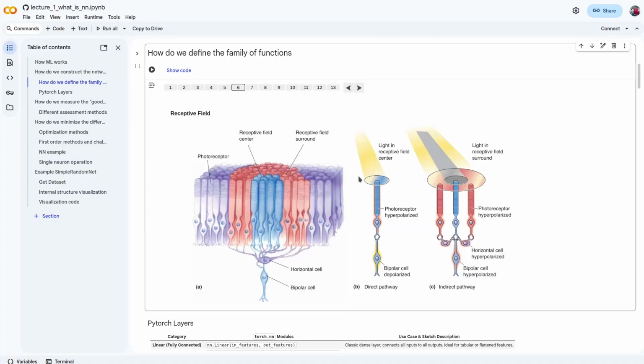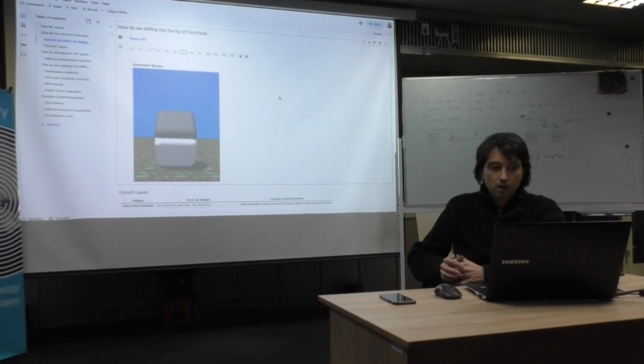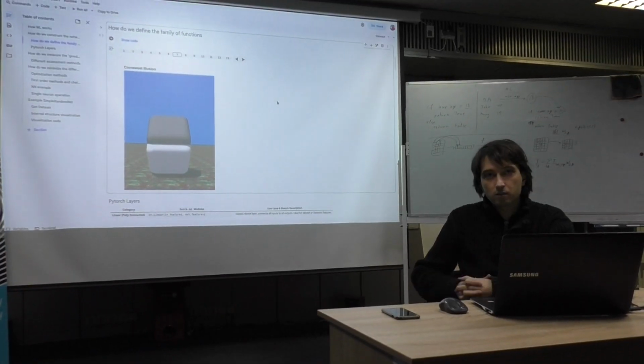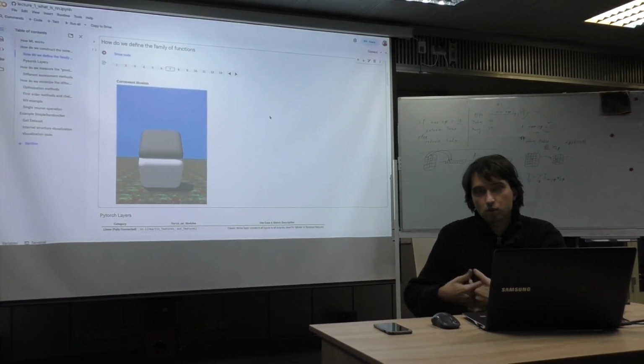This convolution layer is pretty similar to what we have in our eyes. So this is just an example that we have photoreceptors, and these photoreceptors are basically calculating some difference between central receptive field and receptive field surround. This is pretty interesting effect, because it not only shows some sort of connection between our convolutional layer and some sort of biological processes,